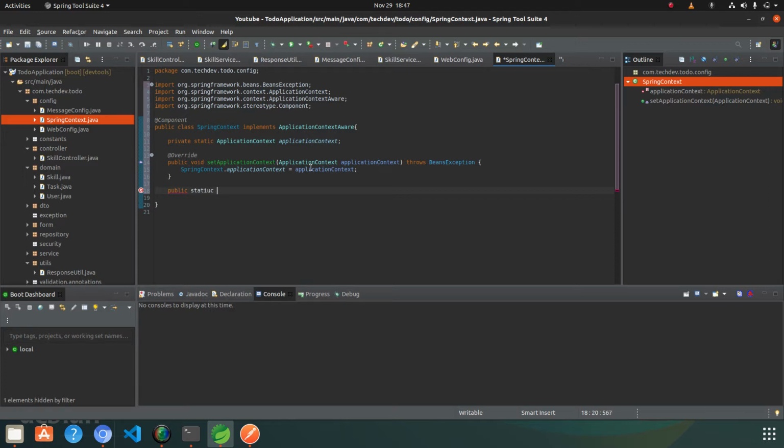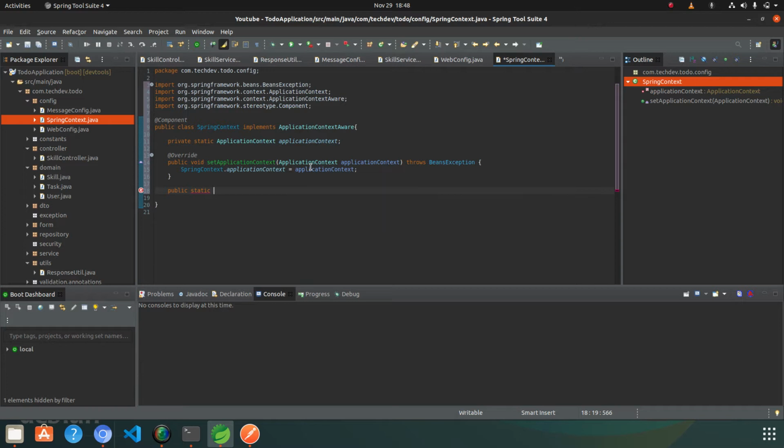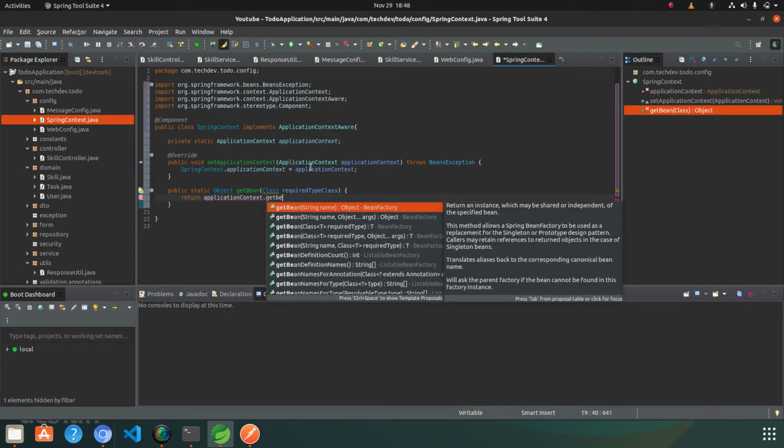So you can create a static method instead of having the non-static, because using the static way we can access the method directly without any object creation. So return the object and give the method name as getBean, and provide the type of the class required, and in which we will return the application context that we have dot getBean method.